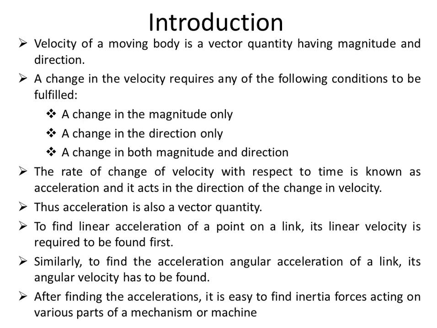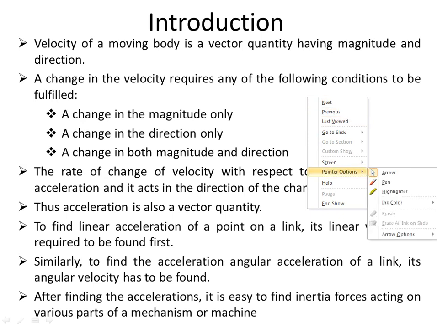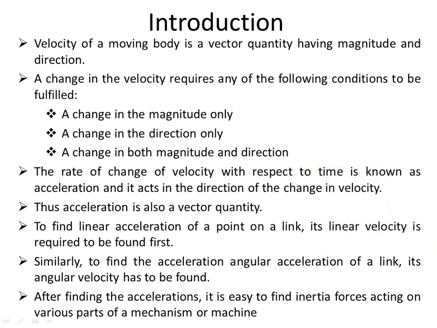Okay, so now what is the change here that you should understand? Velocity, you have two types of velocity, right? One is linear velocity and one is angular velocity. In velocity you have seen the linear velocity is given by v, and angular velocity by omega. The linear velocity you take in meter per second, and angular velocity you measure in radians per second.